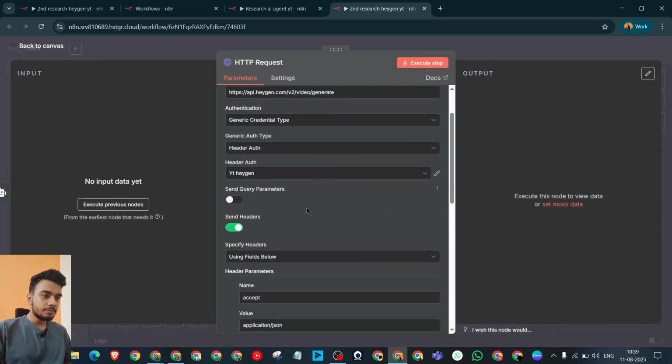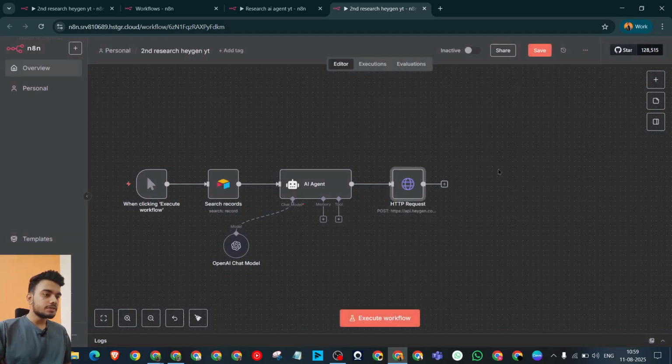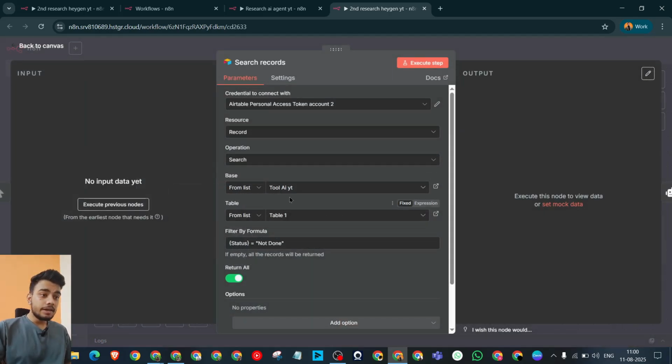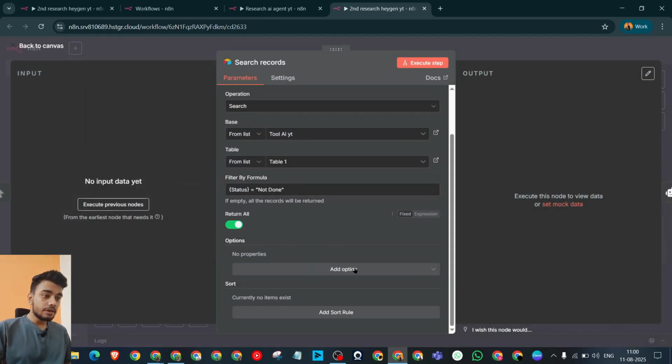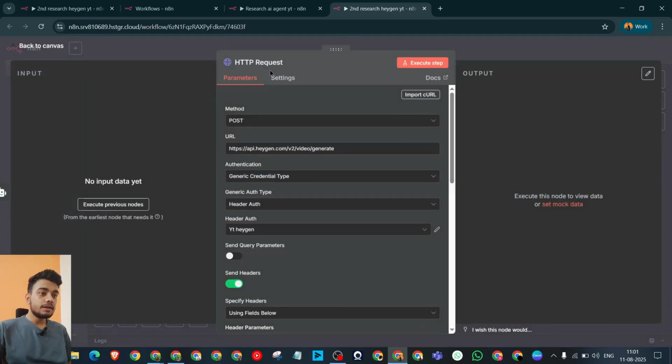I think everything is set up so far. Okay, now let me execute this step. So before executing this step, I need to check my Airtable record. Okay, I think everything is set up right here. Now let's go to our workflow, and you can rename this as